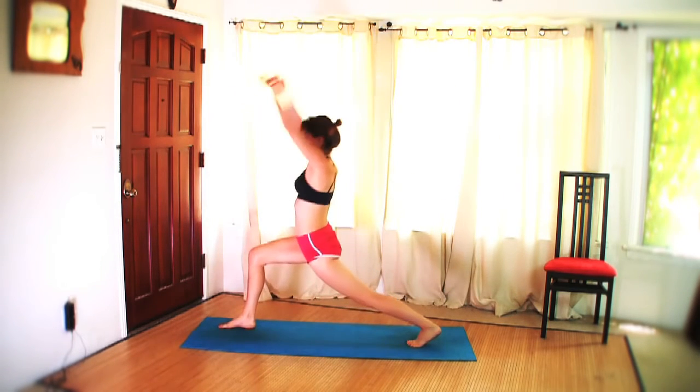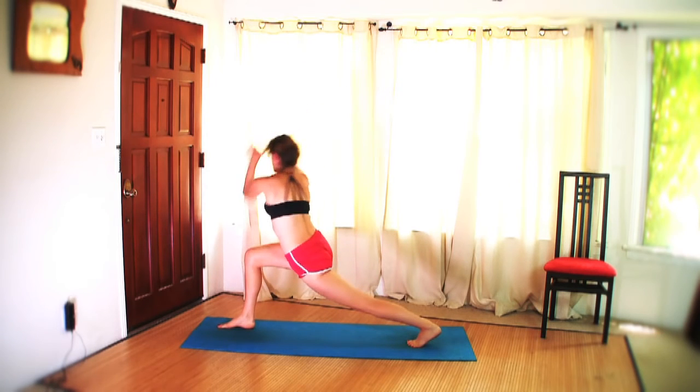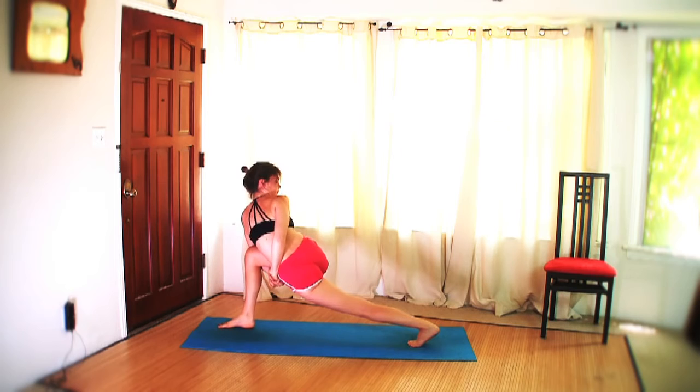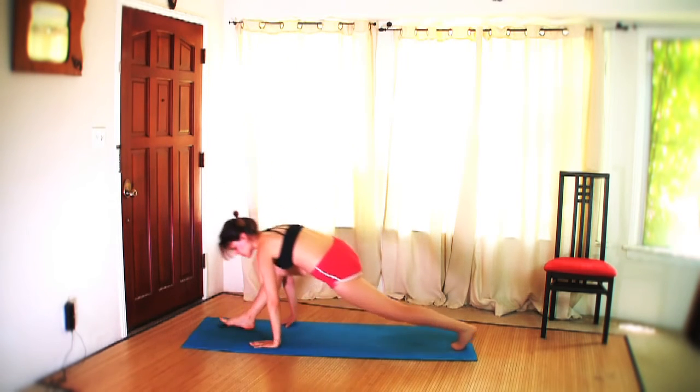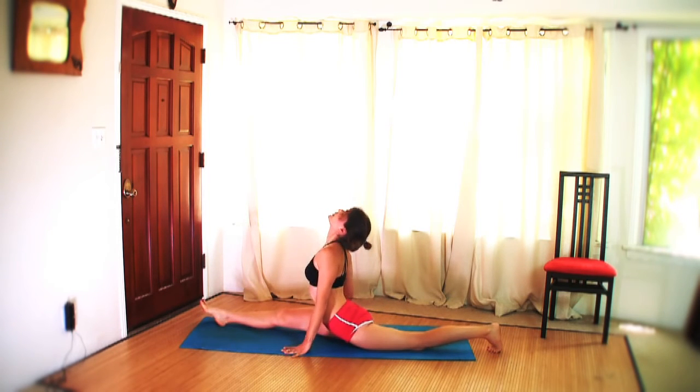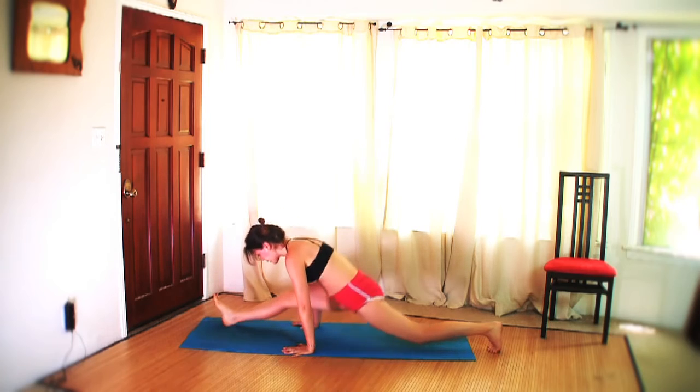Come into high lunge, twist, hands in prayer. You can clasp under. Release, hands on the ground, and you can work on whatever level of split you're at. And coming out of this,